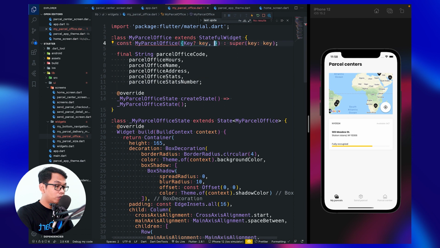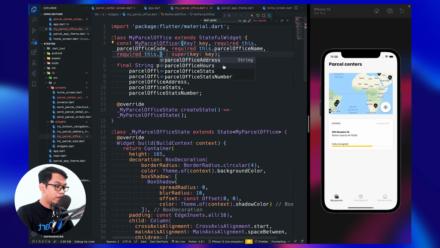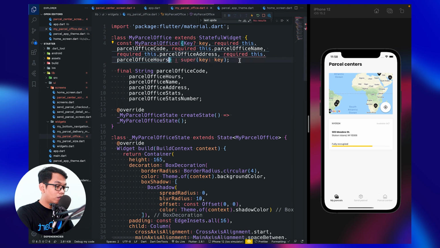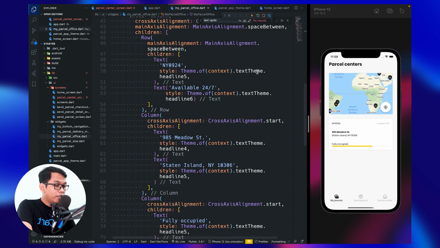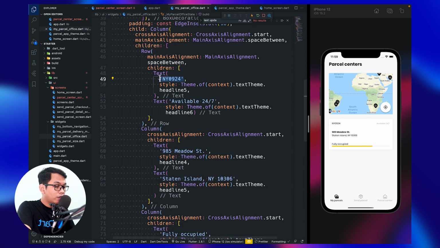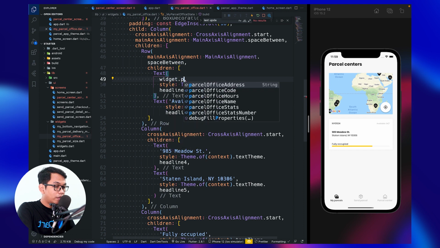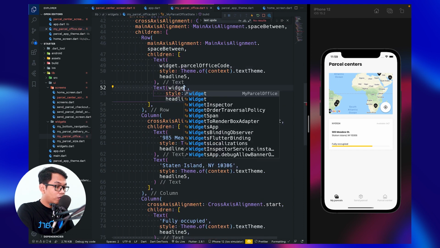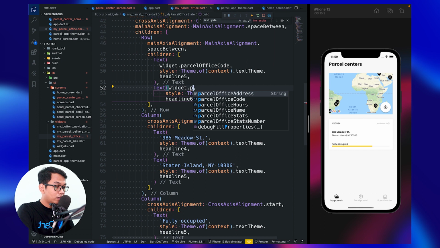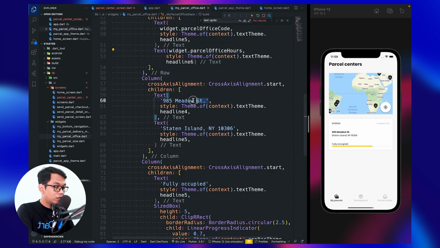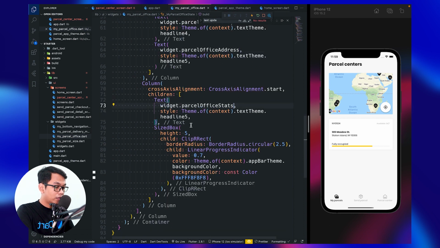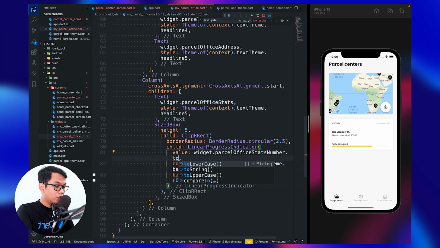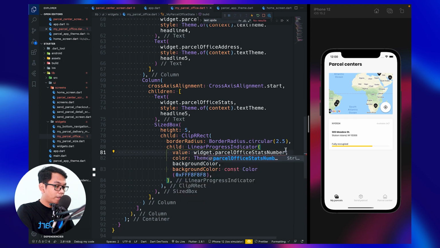Here as usual code, then name, and then address, and what we say stat number. All right, and let's change this to parcel code, so we can say widget dot parcel code, this widget dot parcel hour, this widget dot parcel name, address, this state, and this number.